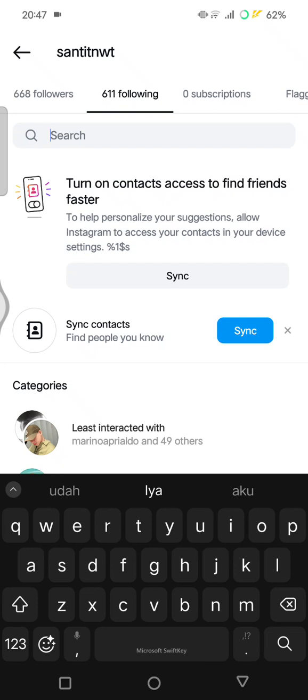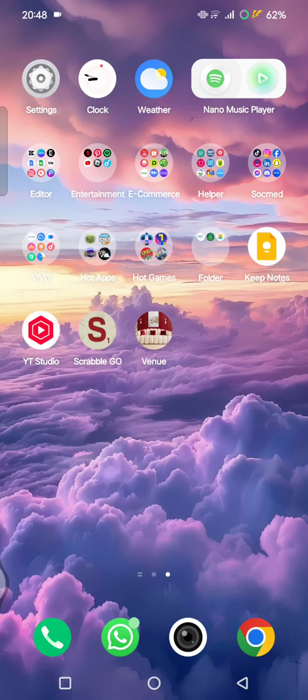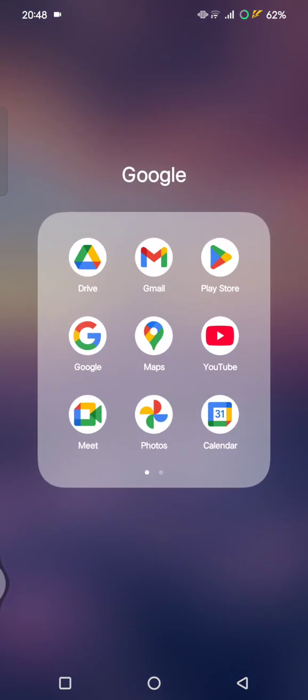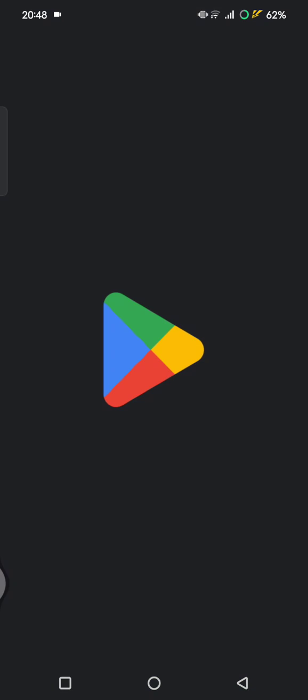Okay, so that's the first method. The second method, you can use a third-party application. Several apps can help you track unfollowers more efficiently, but be cautious because when you are using these apps, you need to avoid sharing sensitive information. There are some popular third-party applications that you can download. You can go to the Play Store,